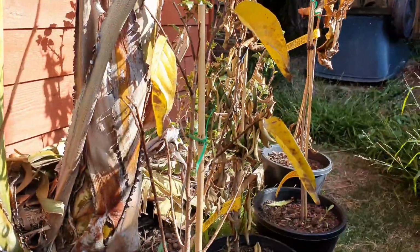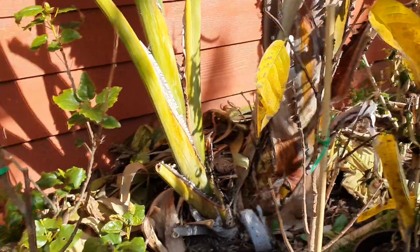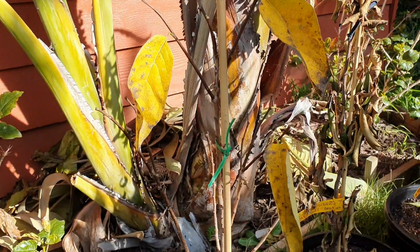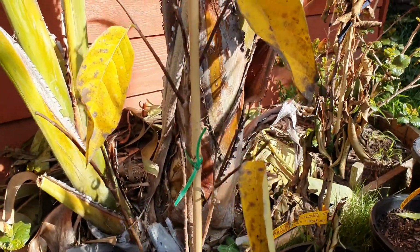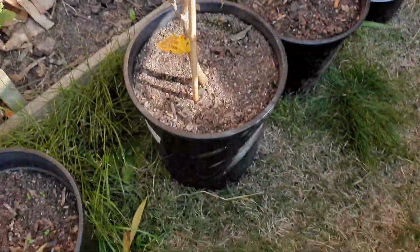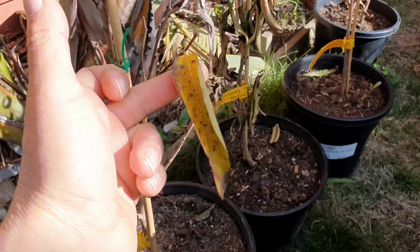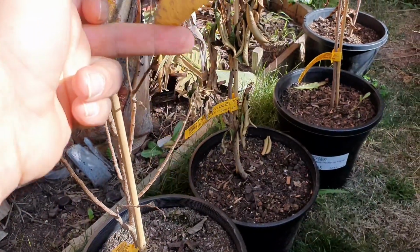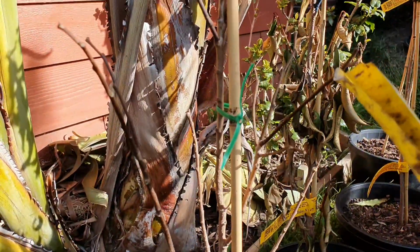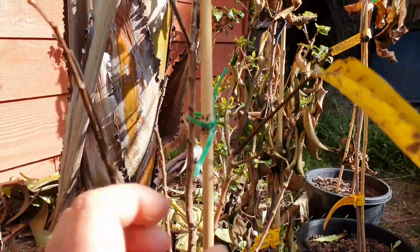Next. Oh, there's some leaves on this one. 3 leaves. See these 3 leaves? Well, that's how the soursop was up till mid-July, like this. 1, and now it's got 2 leaves. Let's see. 2, just touching it, by the way. Okay, that one doesn't want to fall off. So now we're down to 1 leaf, which means it should be alive, right? Should be. Let's do the scratch test on...